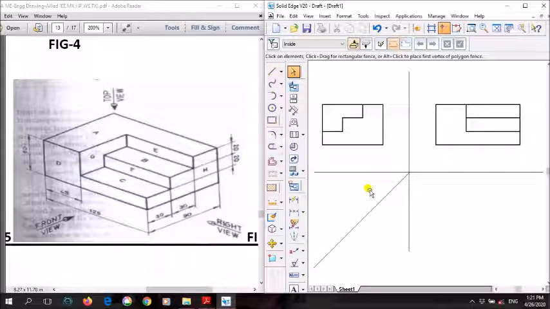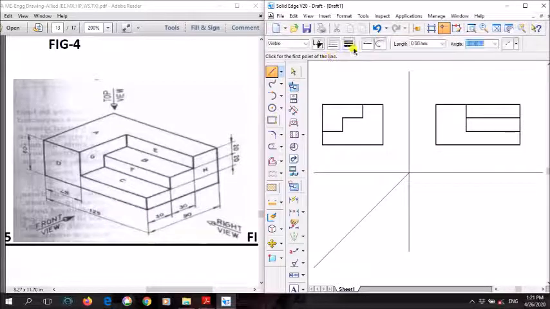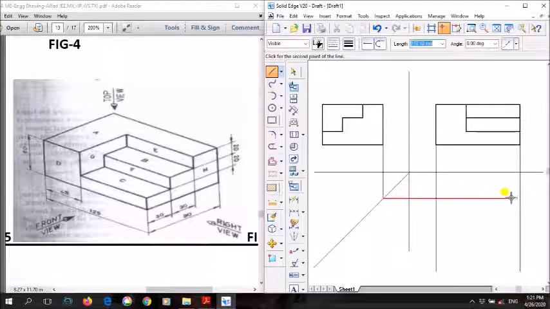Right. So in the same way, using thin line again, you project this part here downwards. You can just project it from this end to this end. Next, again here, this part, you project it from here.